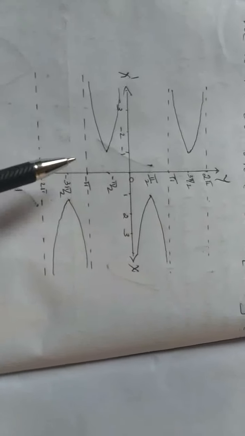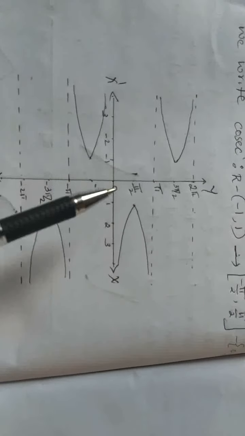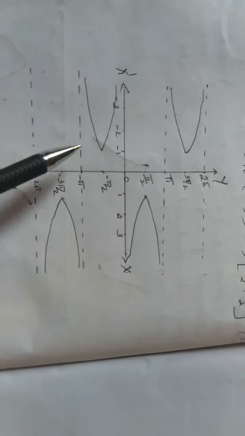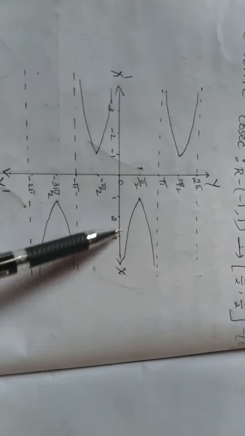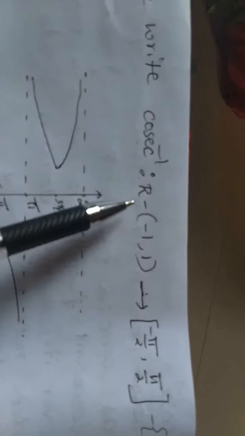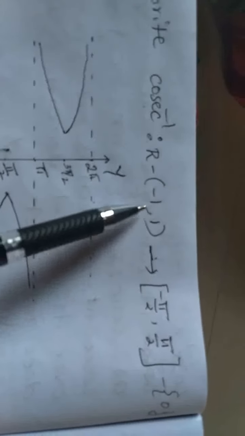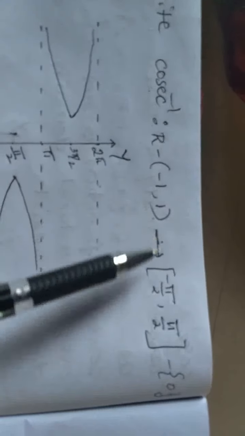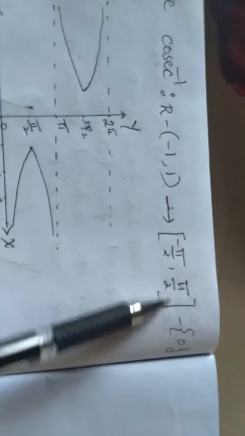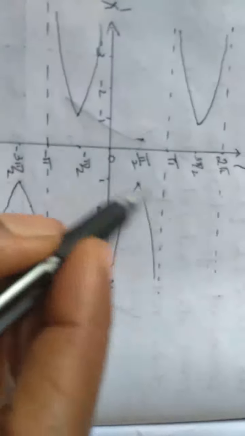You just interchange its x and y axes. What you have written on your x axis and y axis, interchange them, then you will get the graph like this. This is the graph of y is equal to cosecant inverse x. And we can define the cosecant inverse function from R minus the open interval minus 1, 1 to minus pi by 2 to plus pi by 2 except 0. Here you will get different branches.